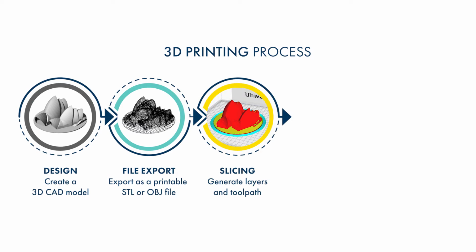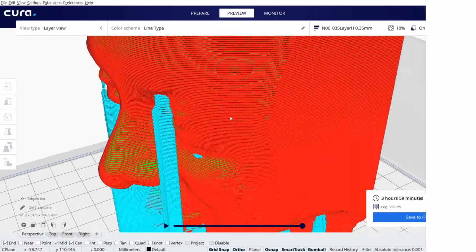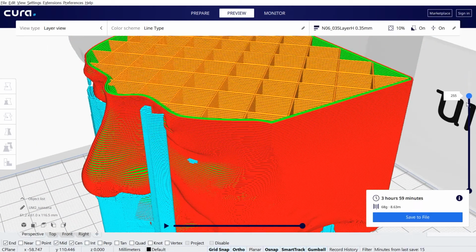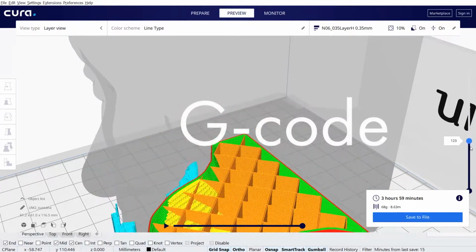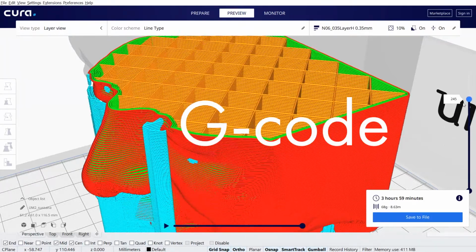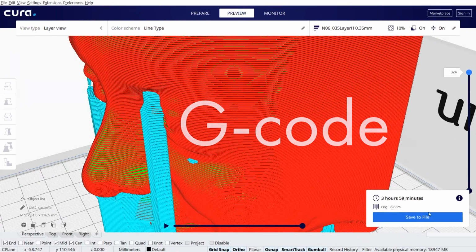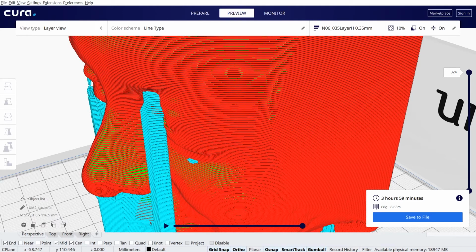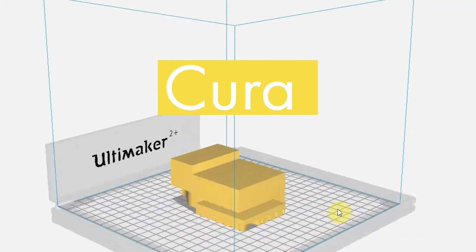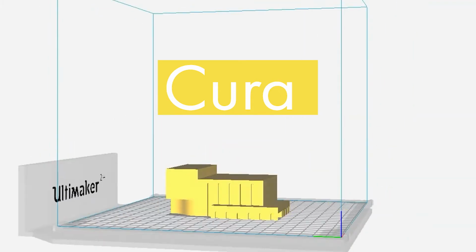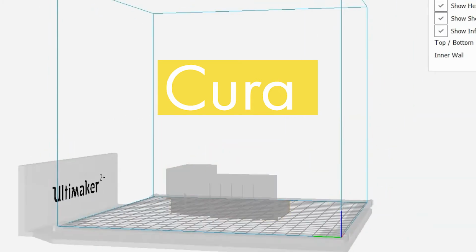We input these mesh files into a slicing program that outputs the printer's toolpath in a language called G-code. Think of G-code as the set of instructions that the printer needs to follow to make your design. Our different 3D printing processes will use different slicing programs. You'll end up becoming familiar with the slicing program called Cura if you're planning on using the extrusion type 3D